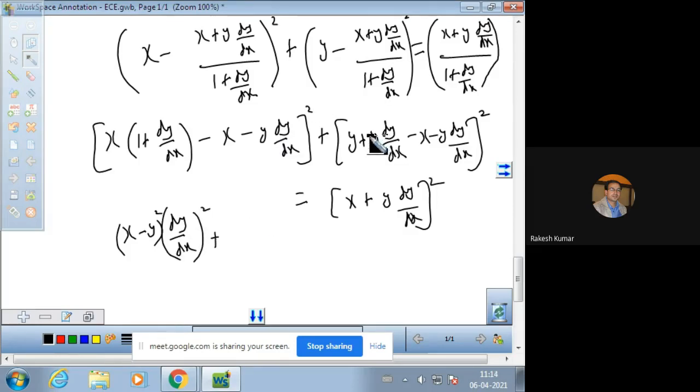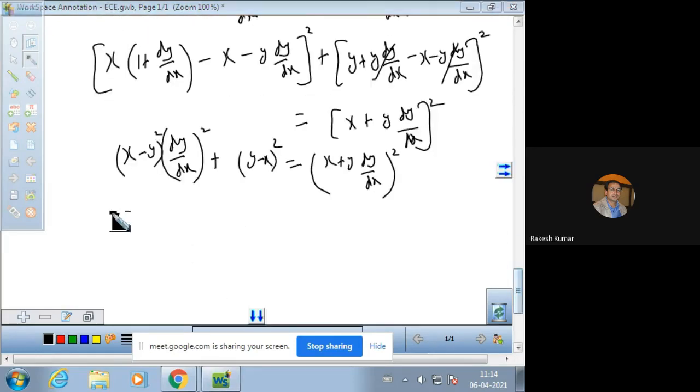And similarly here y minus x is there, and plus y dy by dx is cancelled with the y dy by dx term, and it is a whole square, equal to (x plus y dy by dx) whole square. Now this will be the required differential equation, and it can be solved more also, because